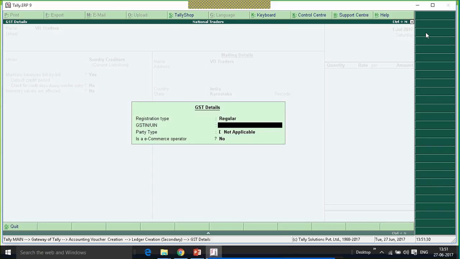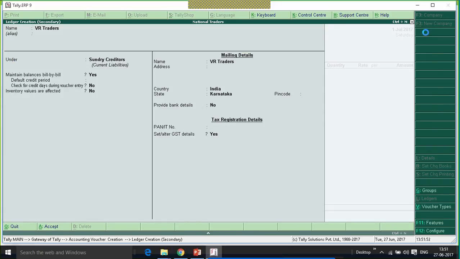So I'll be entering the GSTIN number, starting with the state code, followed by the PAN number, entity code Z, and the checksum digit, and I will accept the ledger creation.